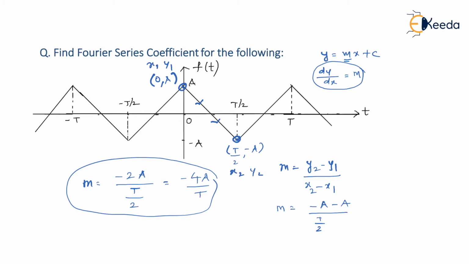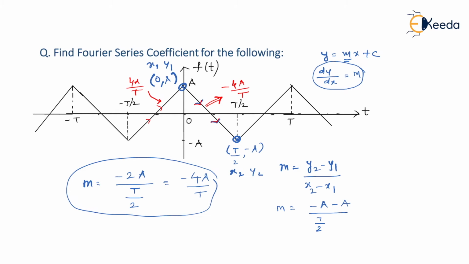When I'm talking about this line, I knew in advance, since this line is going down, definitely it will have a negative slope. So let us write the slope as minus 4a by t. Then if this slope is minus 4a by t, the rising line will definitely have a positive slope, which is 4a by t. Is that right? Now let us take a derivative and get a square wave out of it, because